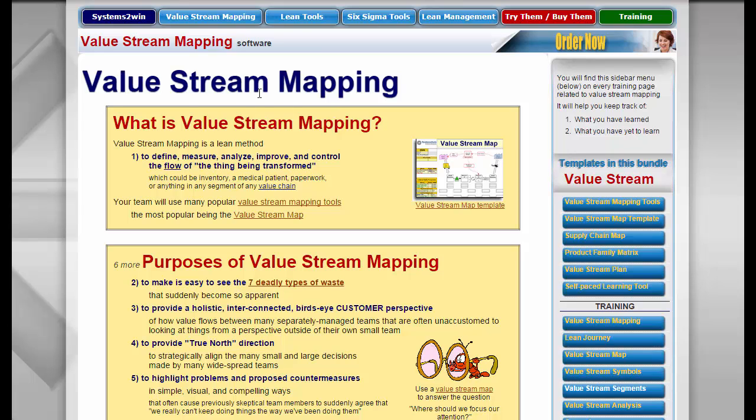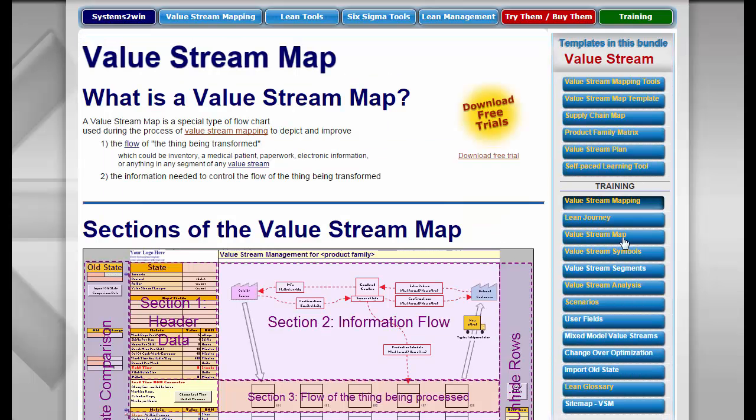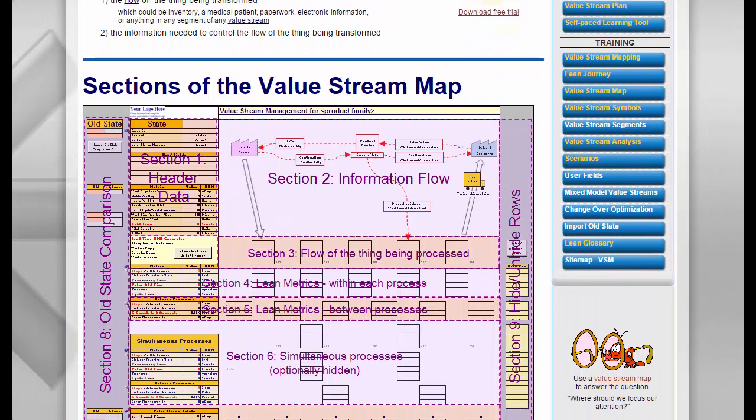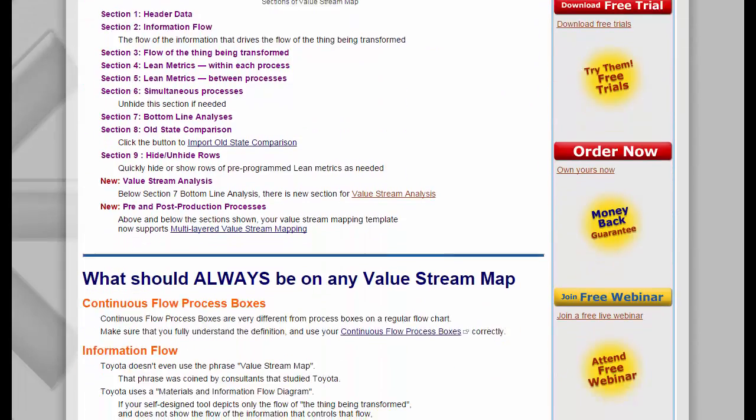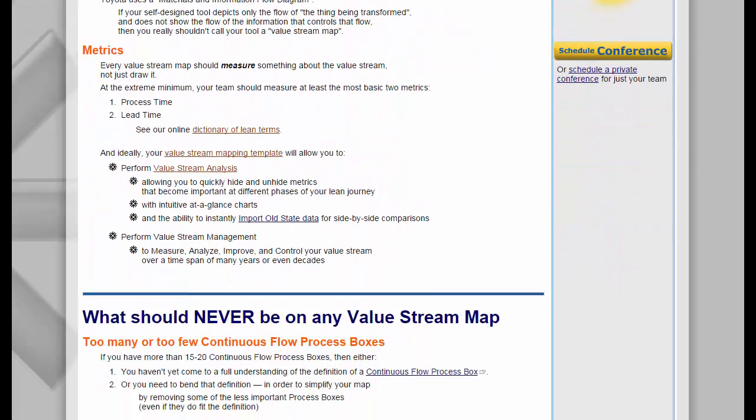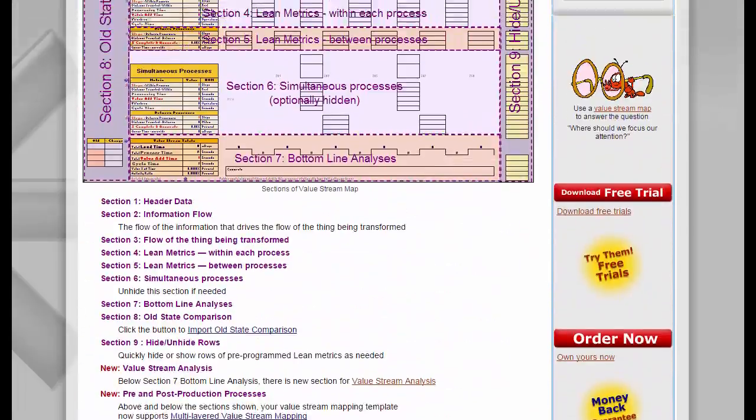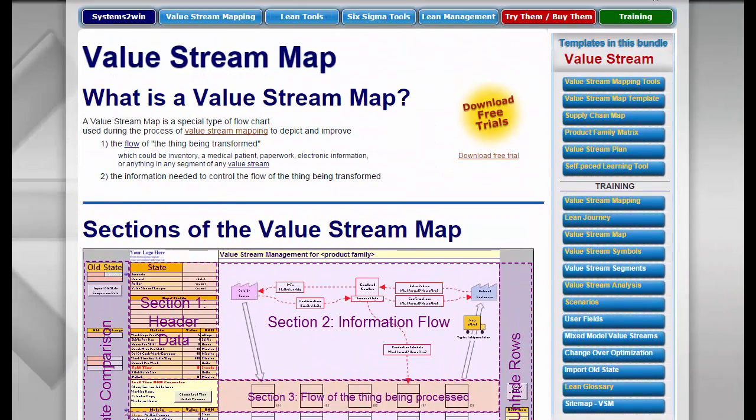So back on the value stream mapping home page, this third training page helps you to get oriented into what the sections of a value stream map itself are. How do you find your way around a value stream map? What am I looking at in a value stream map? It also has sections for what you should expect to find on any value stream map and what you should never find on any value stream map if you're doing it correctly.